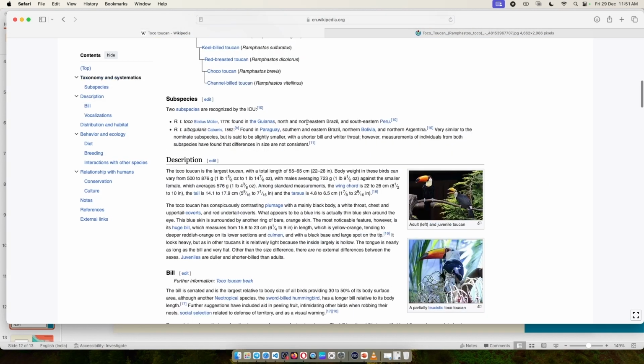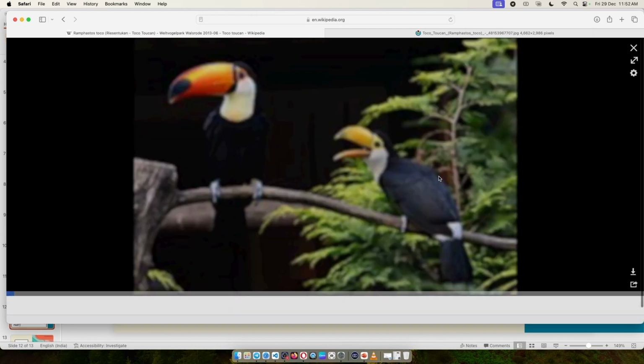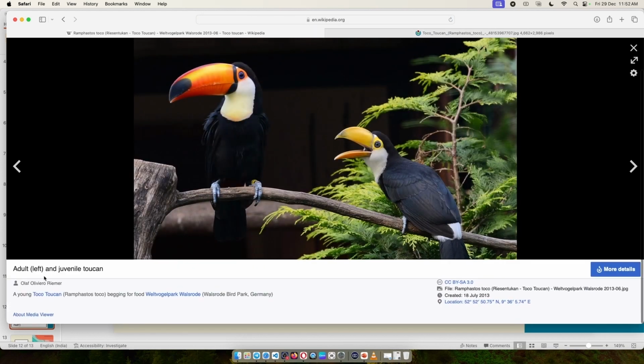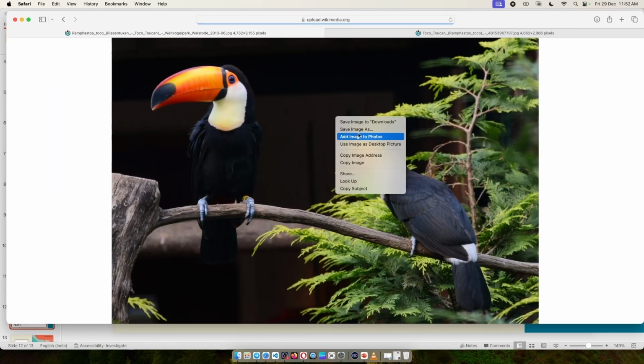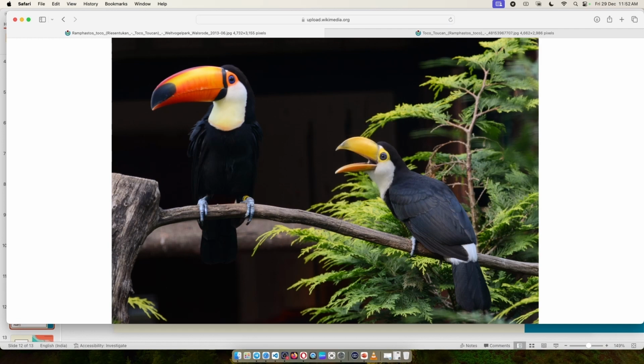Okay, I need one more image, two images in total. Let me take this one. Once again, let's go ahead and, right, there you go. Okay, the next thing I want to do is put them in my folder.